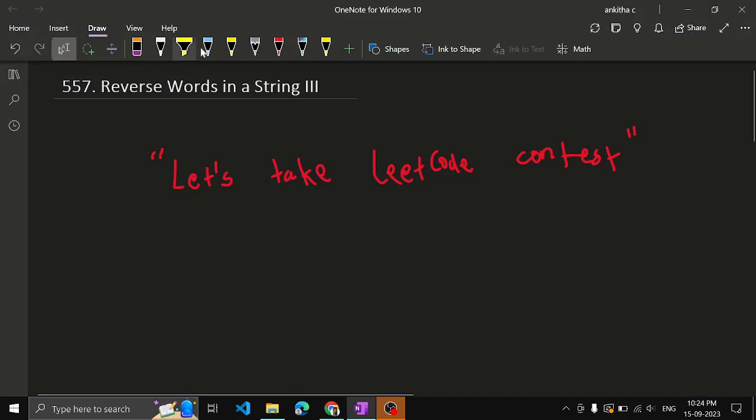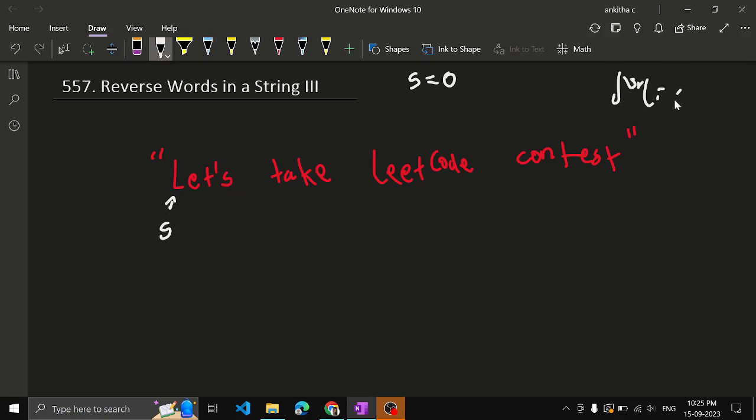With this given example, I'll have a pointer pointing to start, and start is initialized to 0. Once you have start, you run the loop, and until you find a space, keep on incrementing the value. So for running the loop, i equal to 0 to n minus 1, that is the length of the sentence. When you find s of i, or s dot charAt(i) in Java, if it is equal to space,